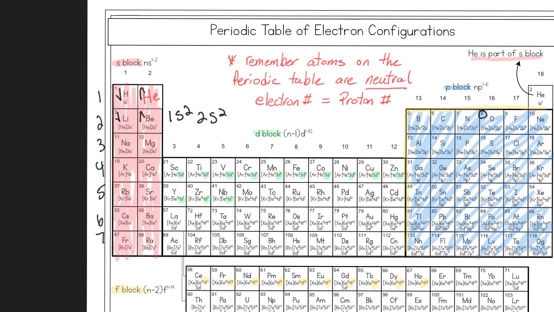I come straight across the periodic table to the second energy level P block, and 1, 2, 3, 4. So that's going to be 2p4. 2p4 will be the electron configuration for oxygen. One last thing to show you, just another way to